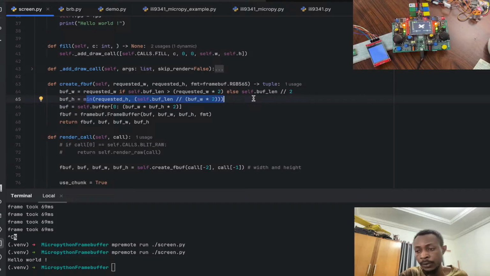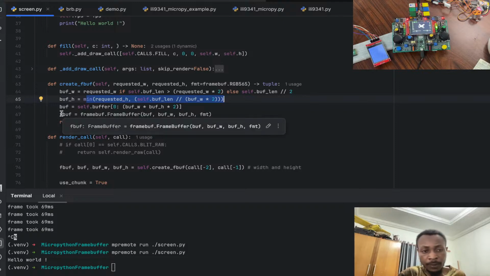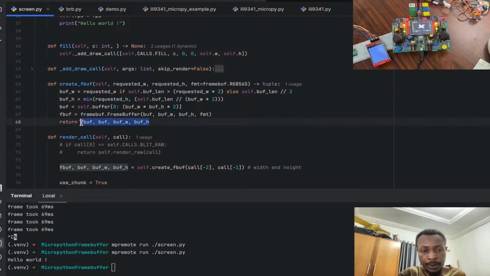I think it's faster to draw horizontal pixels than vertical pixels, right? In fact, we'll test that later on. So we calculate what we can draw, like how many lines we can draw, and we return you that buffer,